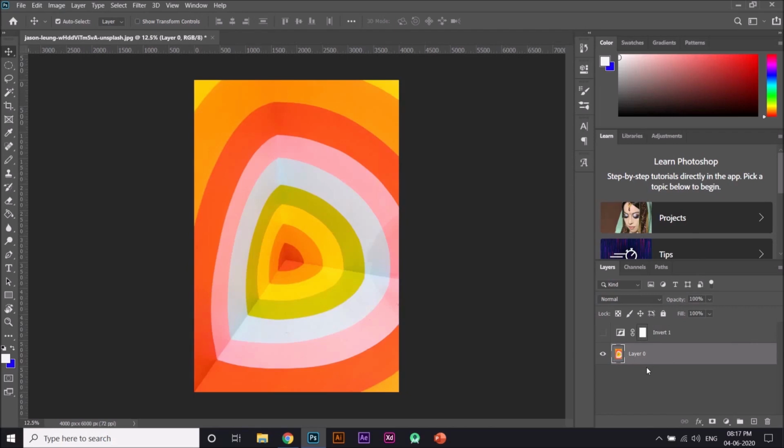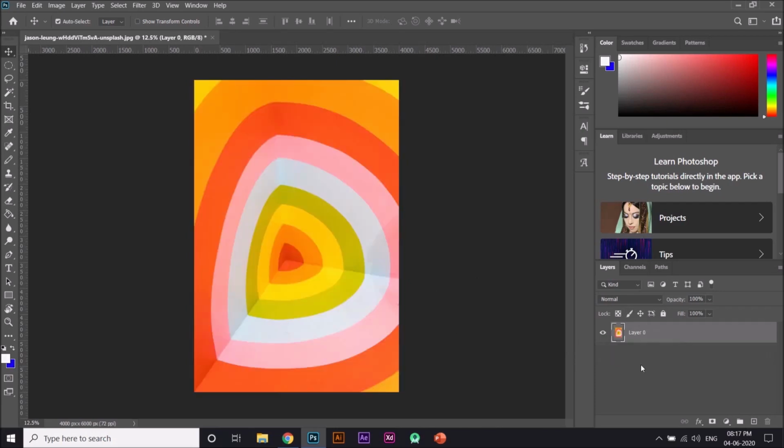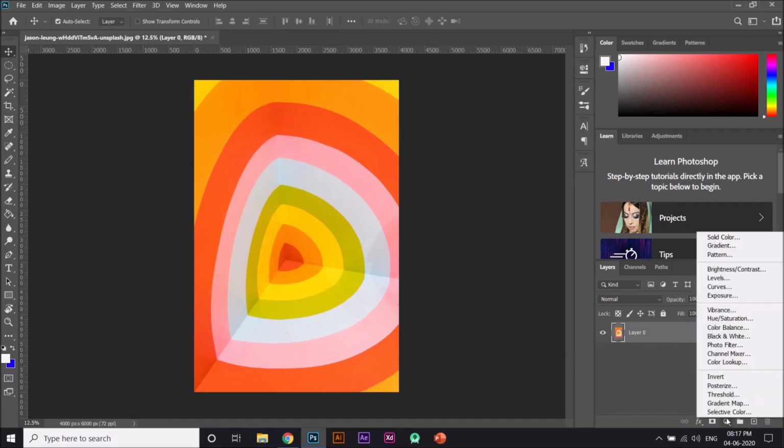But this isn't always possible. Like you have inverted the layer and then you have gone forward and did some steps, but now you don't want the layer to be inverted, you want it to be normal. So in those cases we use an adjustment layer for the invert filter, and here you can just hide and unhide this. So that's why we use adjustment layers, because we don't want all the changes to be permanent, we want them to be changeable, that is adjustable. That's why we use these adjustment layers.